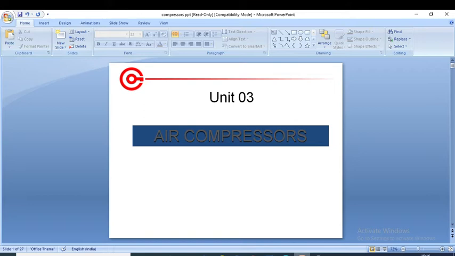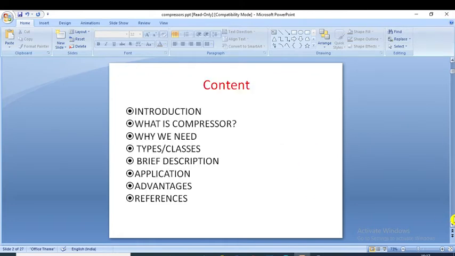In this chapter we are going to see the various types of compressor, then use of compressor, and also we are going to study some of its numericals which are related to the efficiencies. The efficiencies such as volumetric efficiency, isothermal and mechanical efficiency. Then also again we are going to see the pressure ratio, compressor capacity, free air delivery. Also we are going to see this application. So let's get started here.